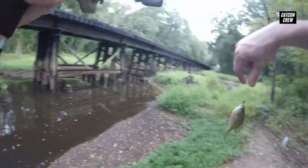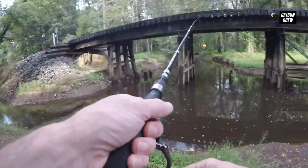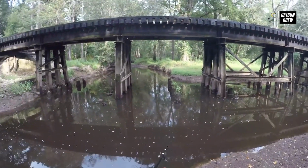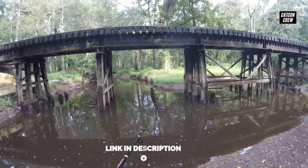And there it is, guys. Pretty small, but I will use it. All right, guys. There's two pieces of bait for us now. We're gonna put it right back out in the same area. Just put some fresh bait on there. I got two fish off that half a worm, so